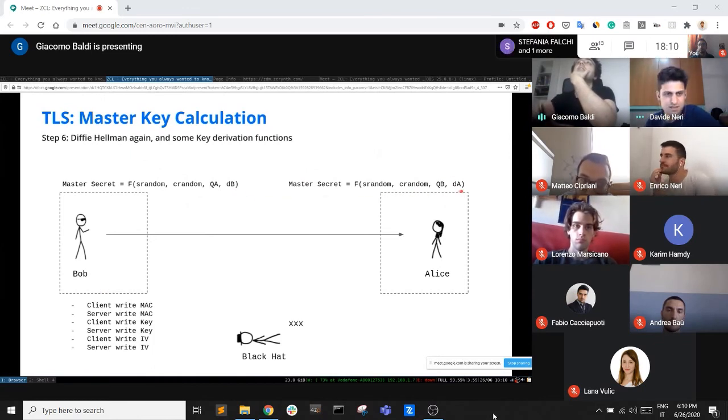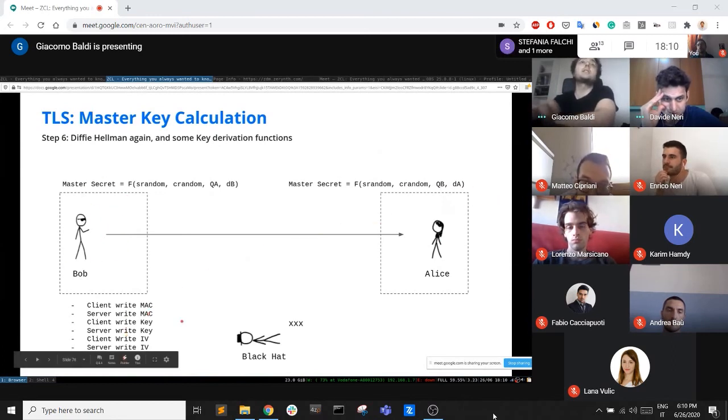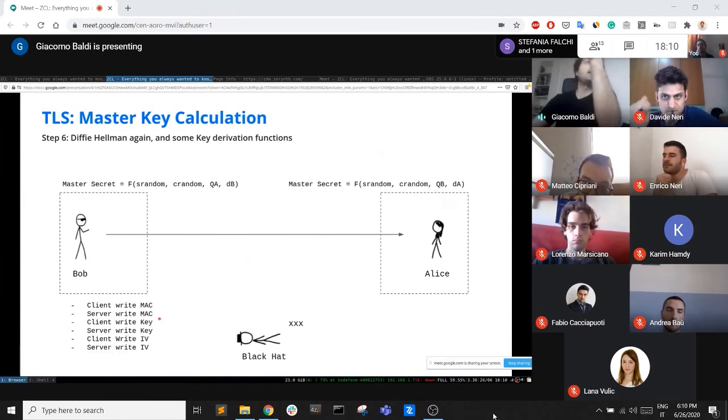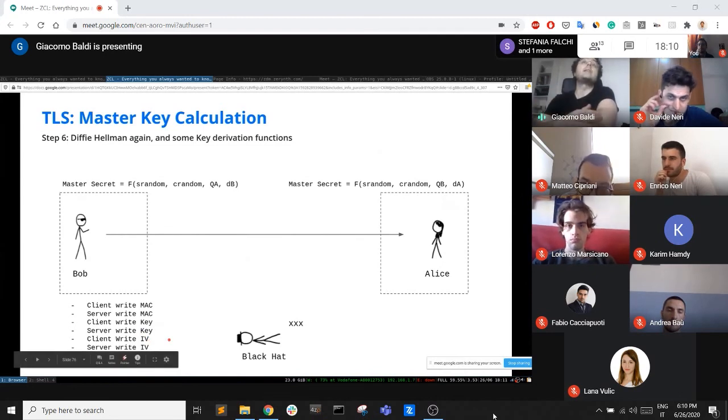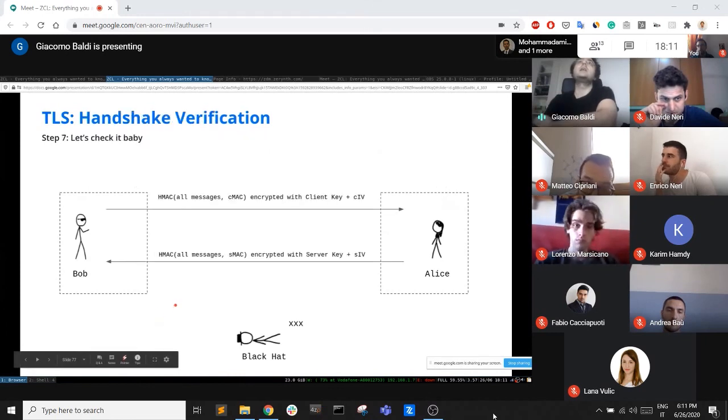And the same happens here with different numbers, but we saw before that combining these together gives the same secrets for Alice and Bob. From these, they derive six secret things, two of which, the client write key and server write key, will be used as keys in the AES 128 CBC algorithm that we saw before in the cipher suite. The IV will be used as the initialization vector for the CBC, and the MAC will be used here